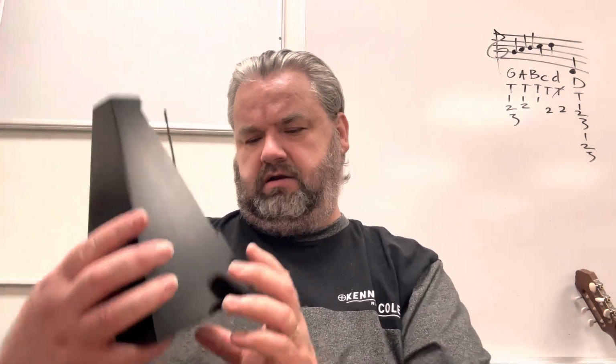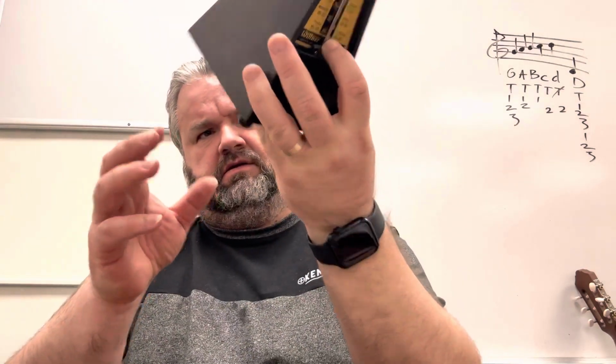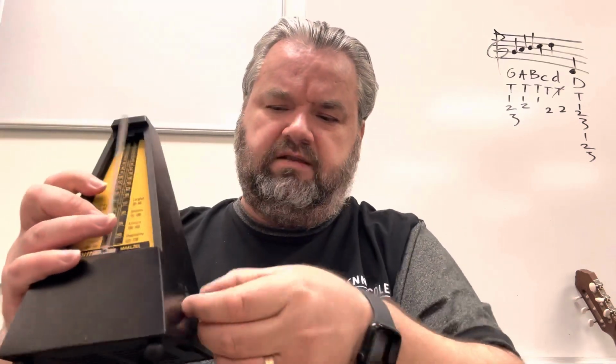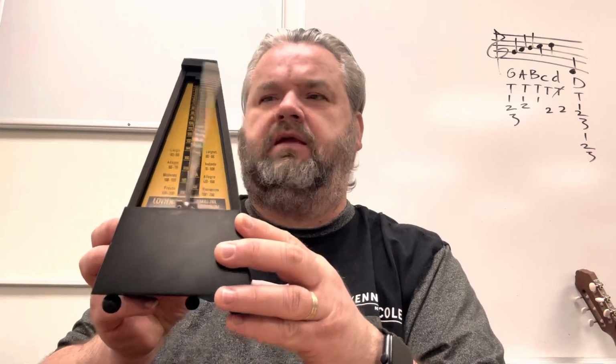Now it sounds like it's set on very high, and I forget how to change the setting. This is a little bit embarrassing, because how do you change the tempo marking? I do know that you have to wind this, so it's wound up, and then there. That's pretty fast. It's a fast beat right there. And I need to figure out